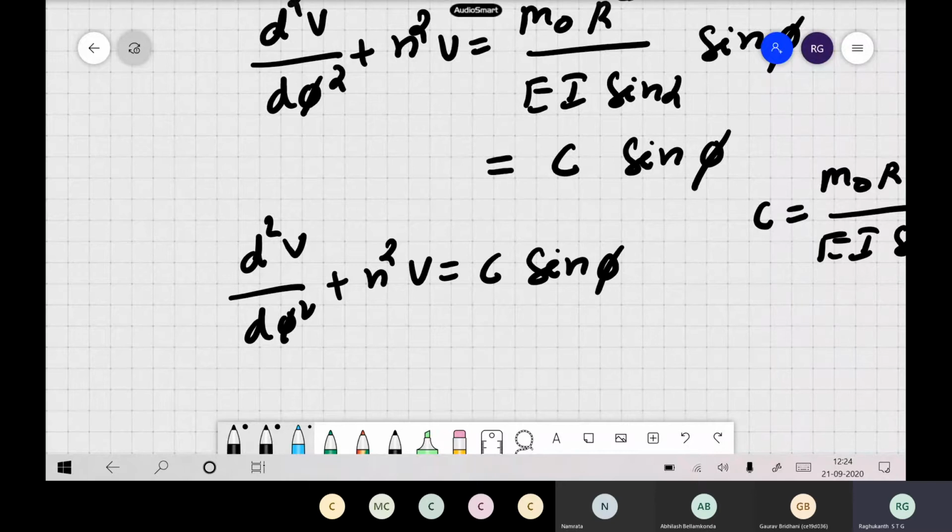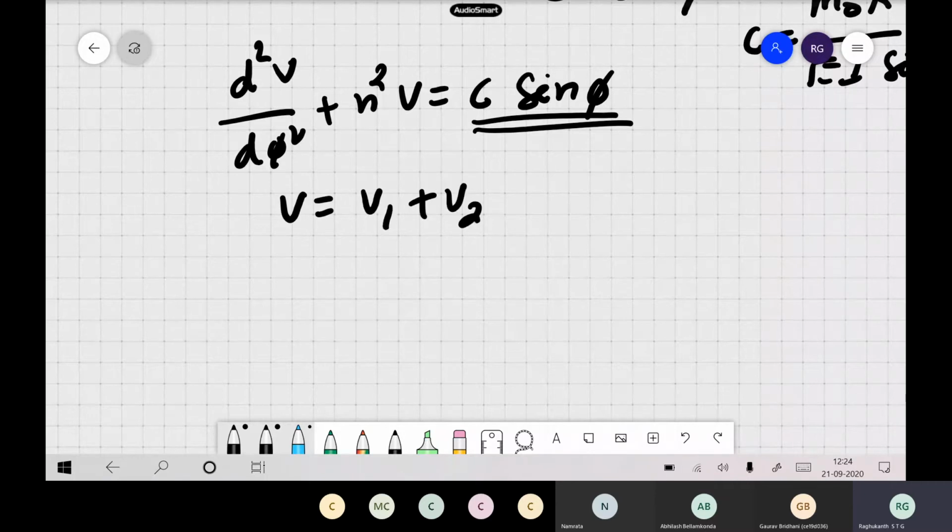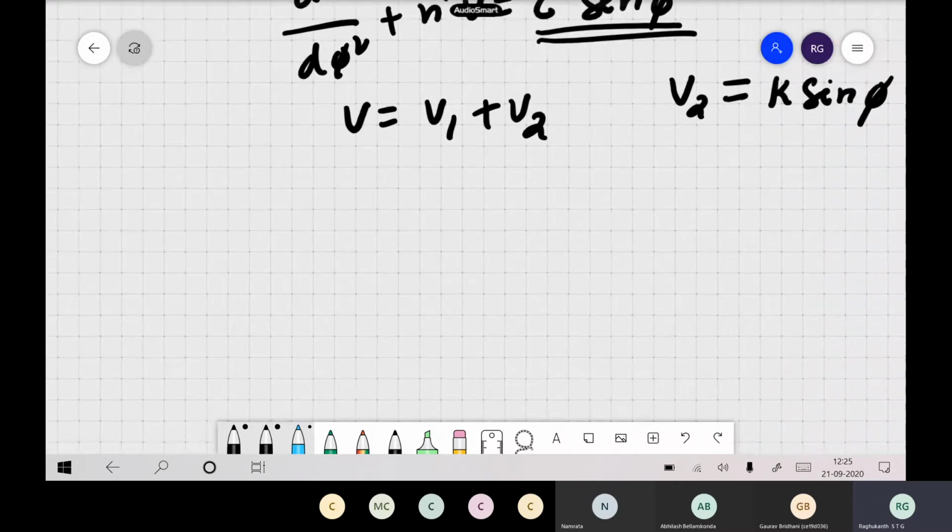Now once you change the boundary condition, the differential equation is no longer homogeneous; you have something on the right hand side. So you have to find the particular integral, then the complementary function. I hope you all know how to calculate the particular integrals, so I will not go into detail. You can write the solution as v1 plus v2, where v2 is your particular integral. For this case you can assume like this, and the particular integral also has to satisfy our differential equation.